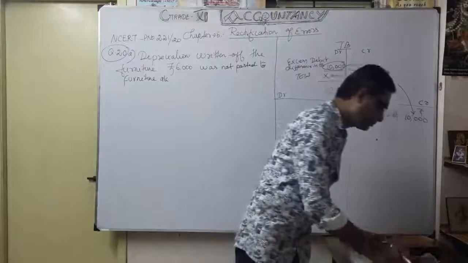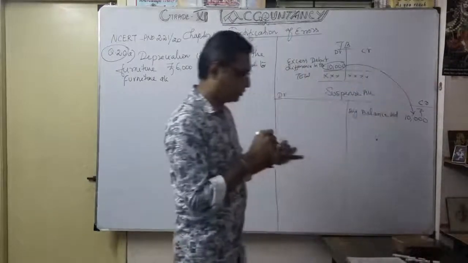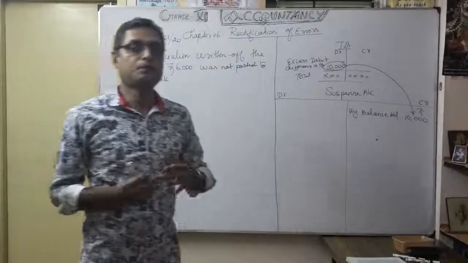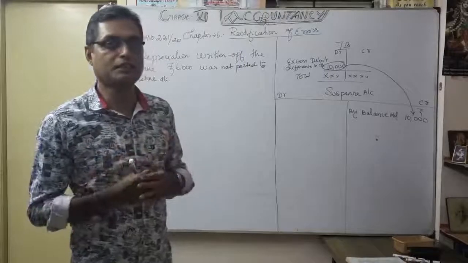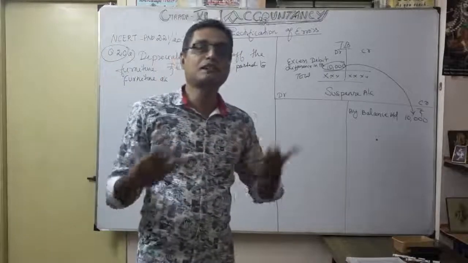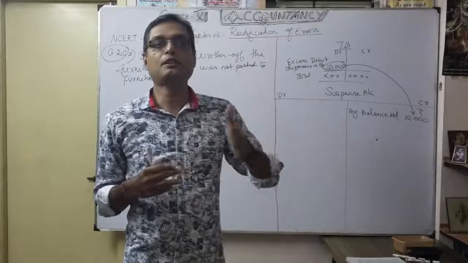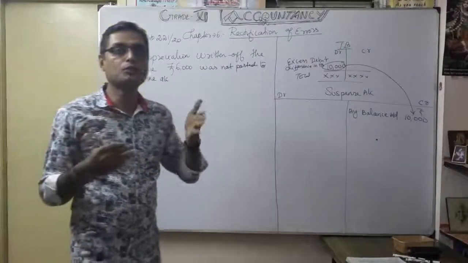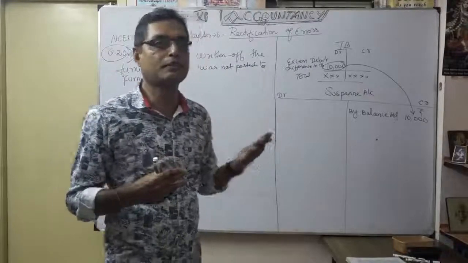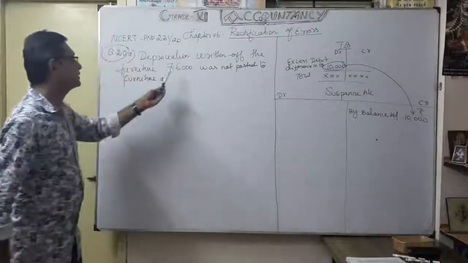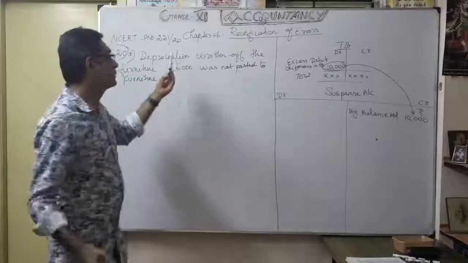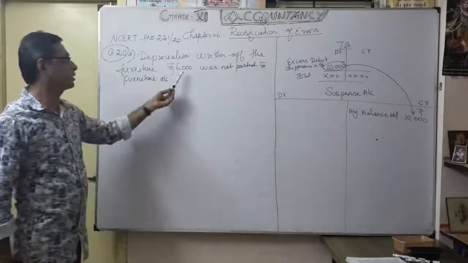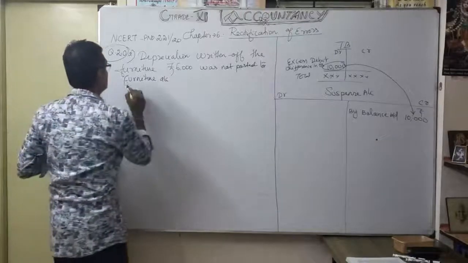According to this problem, they clearly gave how to do it. They gave depreciation. In a subsequent chapter we are going to discuss depreciation. As you know, every year when you are using the asset, naturally the asset value becomes reduced, becomes less. So how do you show less value? You show a depreciation. That's what they gave here: depreciation written off. The W is silent. Written off the furniture 6,000, not posted to furniture account.